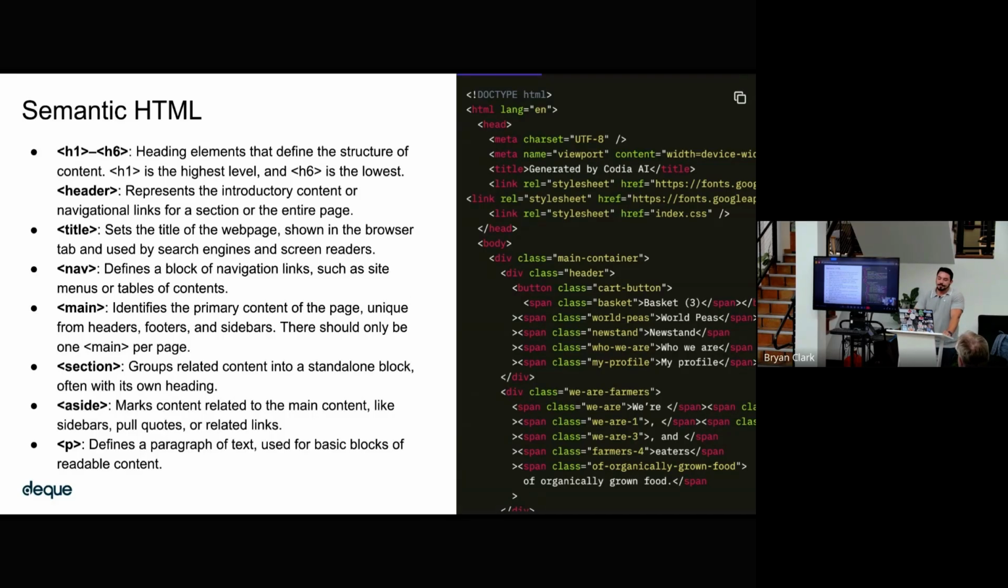readers. The nav tag defines a block of navigation links such as site menus or tables of contents. Main identifies primary content of the page, which is unique from headers, footers, and sidebars. There should also only be one main per page. The section element groups related content into a standalone block, often with its own heading, perhaps an H2. An aside tag marks content related to the main content, which is like a sidebar, a quote, or related links. And the P tag or paragraph tag defines a paragraph of text, which is used for basic blocks of readable